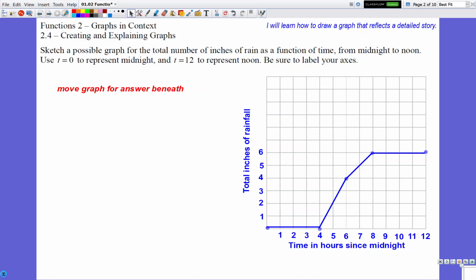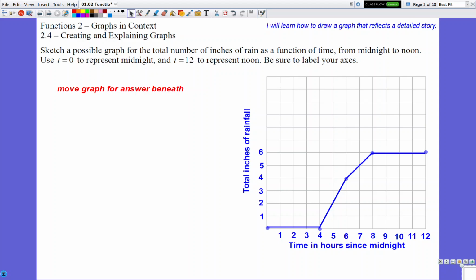Okay, and then lastly, the last dot is 12, 6, and here's where I told you guys lots of kids make lots of mistakes. They put the last dot down here on the bottom, at 0. The reason they put it back at 0 is that in their brain they're thinking, well, midnight 0 inches fell, 4 a.m. 0 inches fell, noon 0 inches fell, so why shouldn't my dot be all the way on the bottom? But you've got to remember, this graph is showing the accumulation of rain that fell throughout the